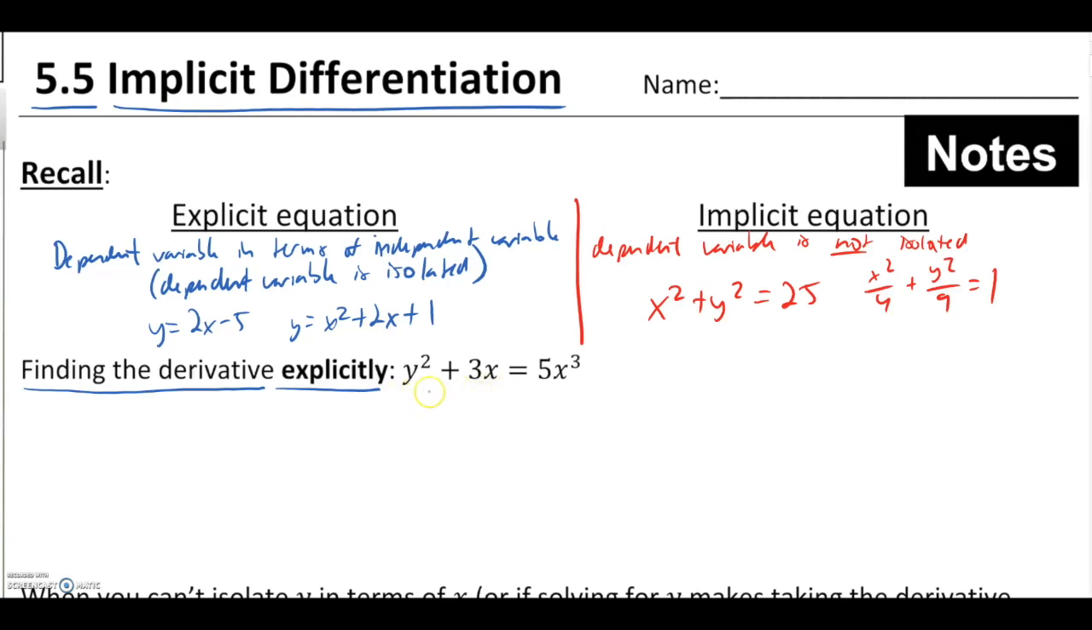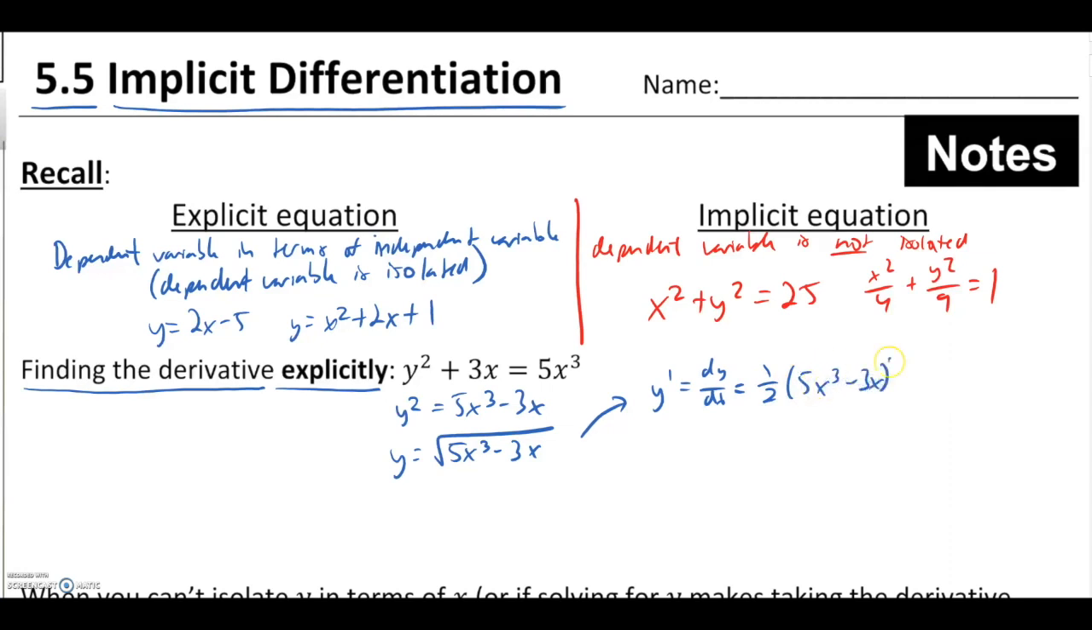So even an equation like this where the y is joined up with this 3x and the y is being squared, this would still be a situation where we can definitely solve for y. Y in this case would be the square root of 5x cubed minus 3x. And taking the derivative, which we can call y prime, we can call dy dx, whatever you want to use for your notation, our chain rule would yield 1/2 quantity 5x cubed minus 3x to the negative 1/2 times 15x